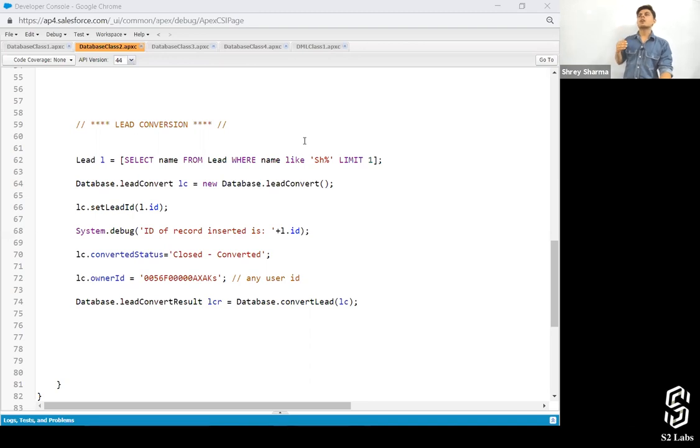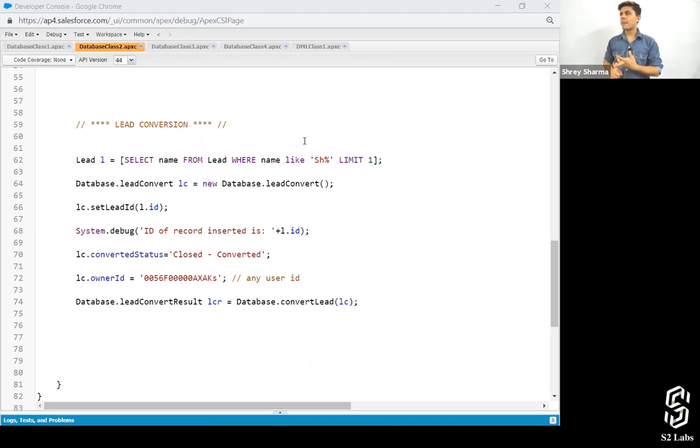That's what happens. So for lead conversion, you do not have to take the fields from the lead, create a new account as an object, insert those fields over there, and insert that account, contact, and opportunity. You do not have to do it like that. There is a separate lead convert methodology or procedure that you have to follow if you want to convert a lead with the help of code.